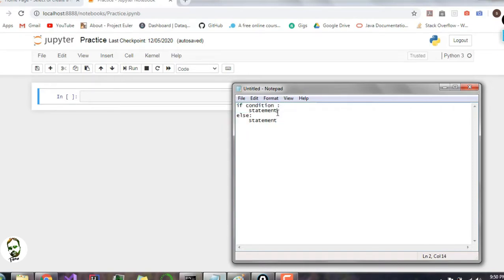Now some of you might be thinking, how can we write else without an if? No, you can't. If you do write this, then it will say it is a dangling else, as there is no such thing as an else without an if. Now, can you add a condition in else? You cannot add a condition in else, as it is automatic. If the condition of if becomes false, then the else part will automatically run, because the if part had been neglected.